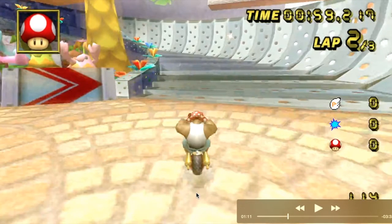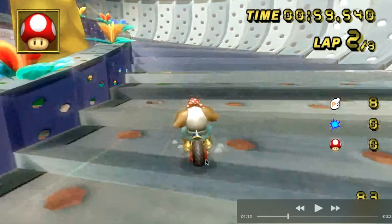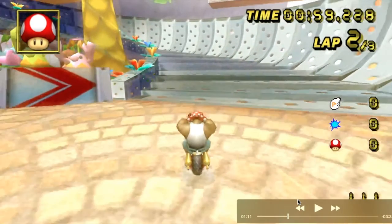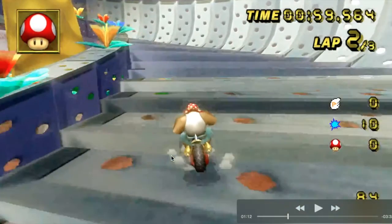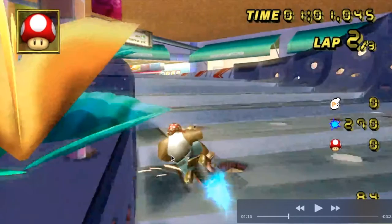Over here, he is at the perfect angle to enter this turn. Last lap, he was right over here, so better angle for this turn, as you can see. Takes it tighter,